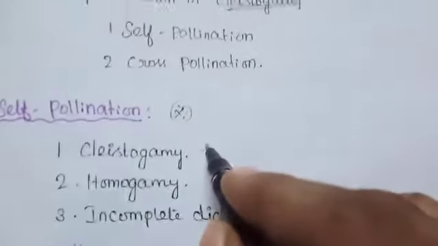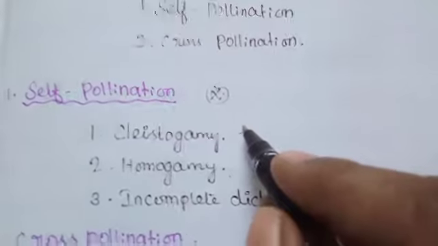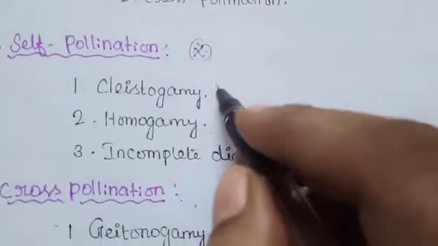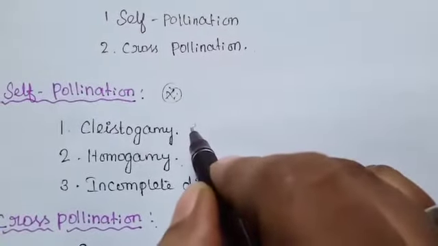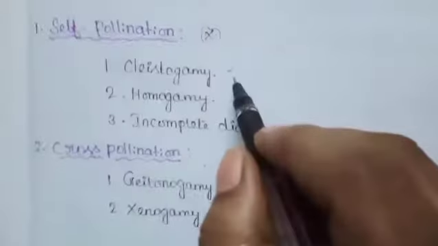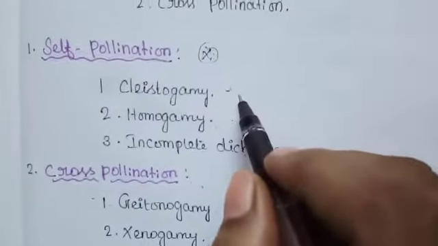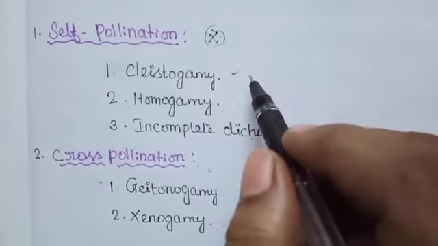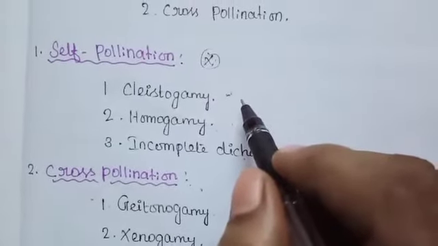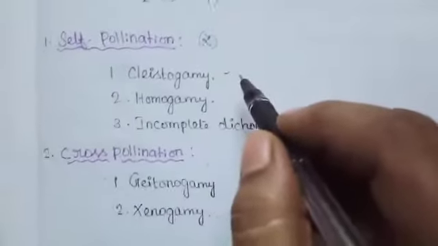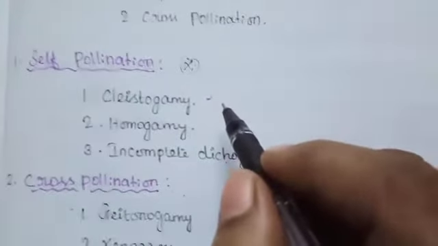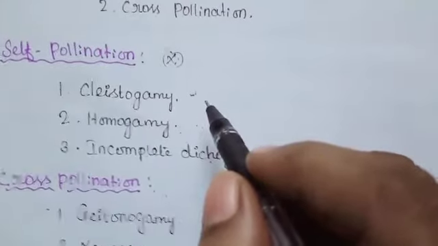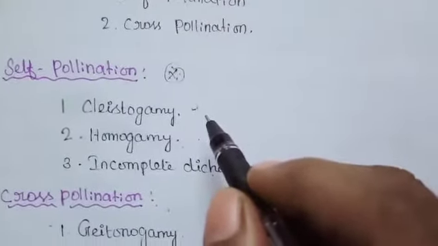In cleistogamy, the flowers never open and expose the reproductive organs, and thus pollination is carried out within the closed flowers. Example, Commelina, Viola, Oxalis. Commelina is the best example for cleistogamy. Commelina bengalensis bears 2 types of flowers: one is aerial flowers, another is underground flowers. The aerial flowers are brightly colored and insect pollinated, but the underground flowers are dull colored, self-pollinated, and not dependent on pollinators for pollination.